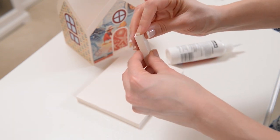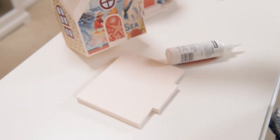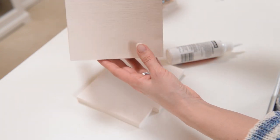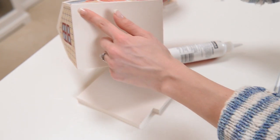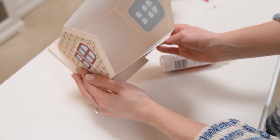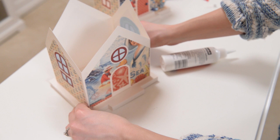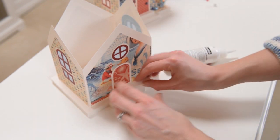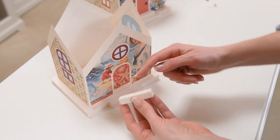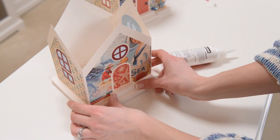And once that little stair is together, we can go ahead and cover the whole bottom of our house with glue, going all the way out to the corners, and then just carefully center that right onto your base so that there's a nice even border around the side, so it's centered. And then you just want to put some glue on 2 sides of your stair and glue that into place